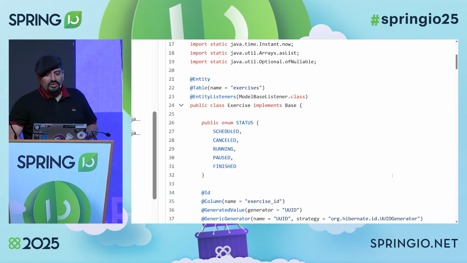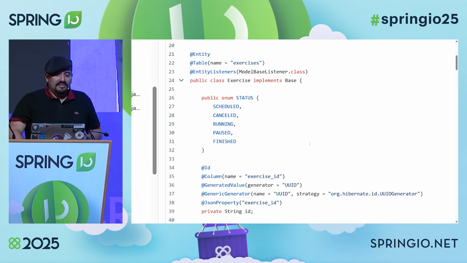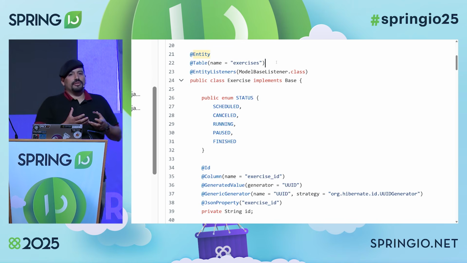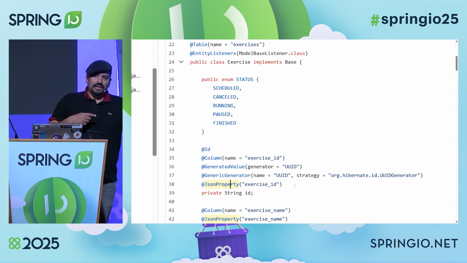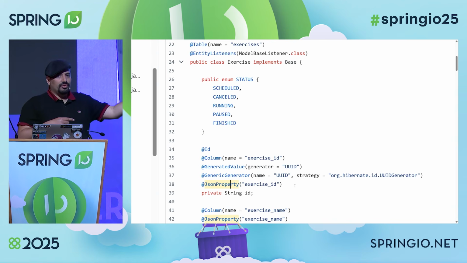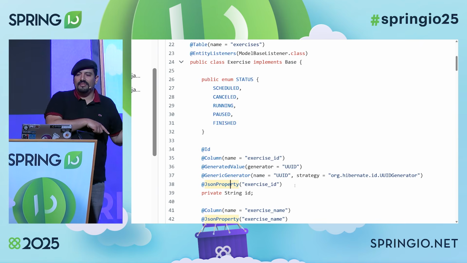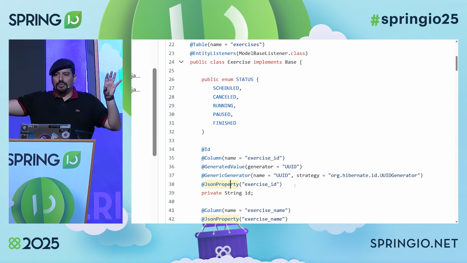So here, I just picked one random GitHub project with Spring Boot, and this is the service layer, and as you can see here, that exercise class is annotated with @Table and @Entity from Hibernate. So from the service layer, we are shipping a SQL database. You can also see that some of the fields are annotated with @JsonProperty. So it means that here, that Jackson annotation helps us to tell the controller how to serialize this Java class from the service layer over the network in JSON. So we just coupled everything together, right? The controller, the service, and the persistence layer.